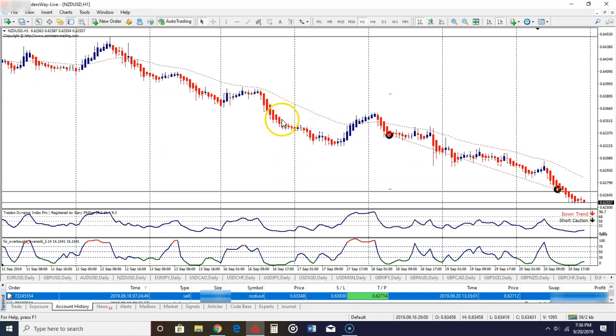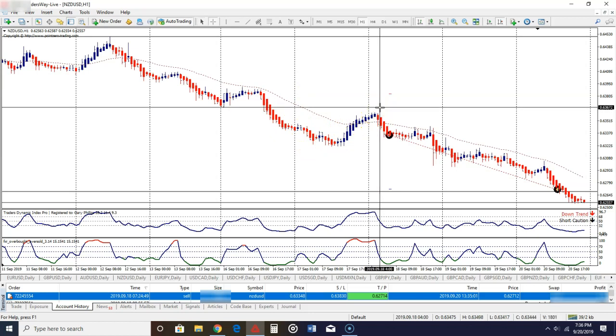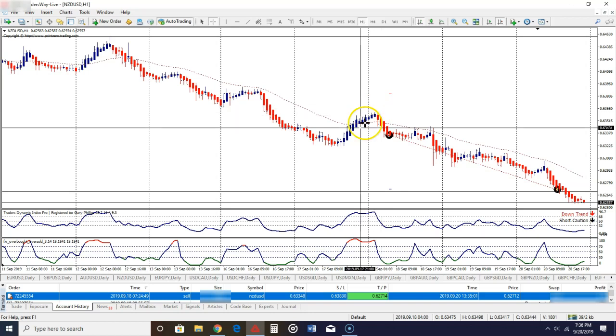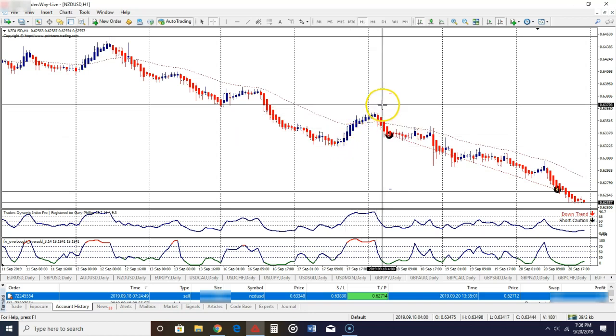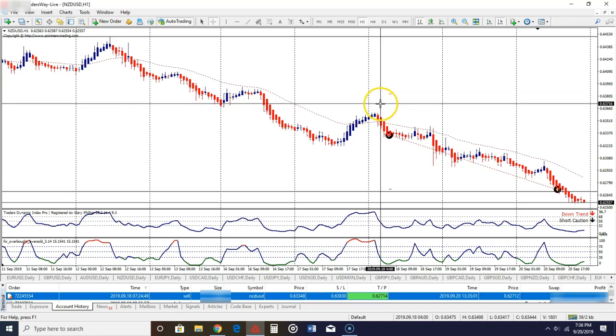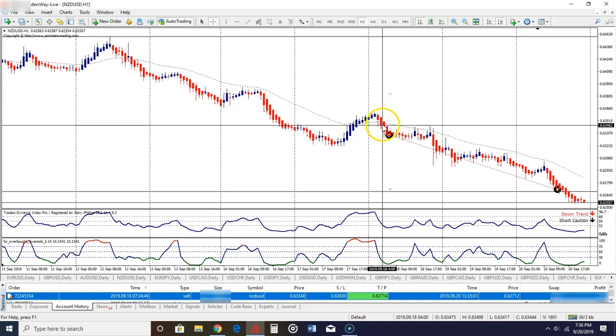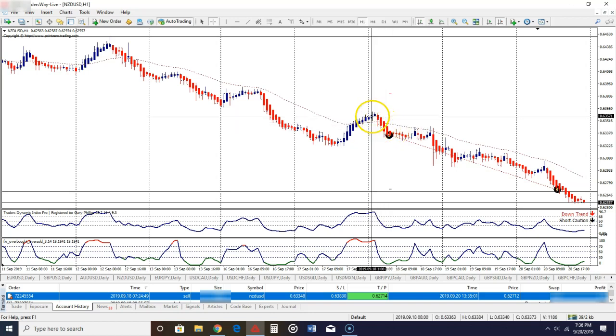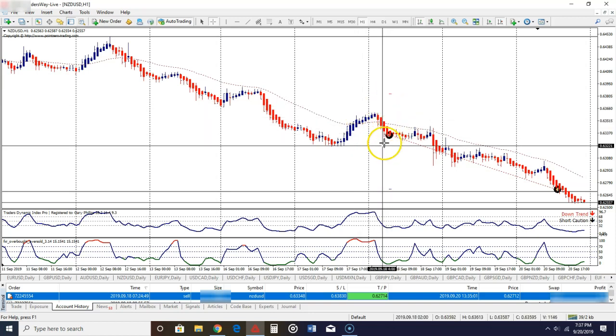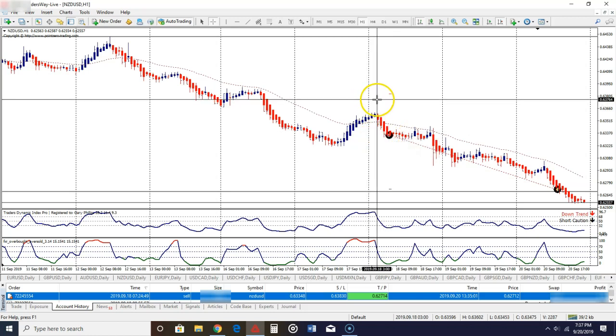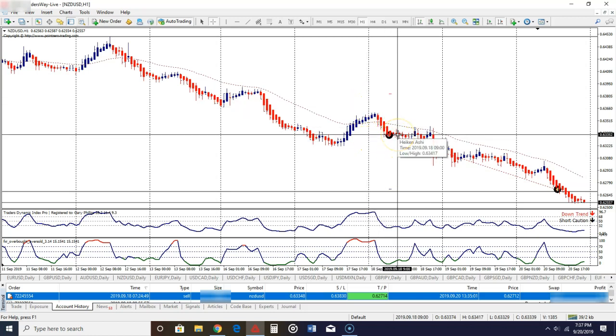So again, on Tuesday, price gave us a pullback. Our initial pullback for entry was around this area here. We noticed that price didn't pull back far enough to actually put us into the trade around this area. So what I did was I saw when price left the station, so to speak, and I adjusted the entry from a sell limit order to a sell stop order right here